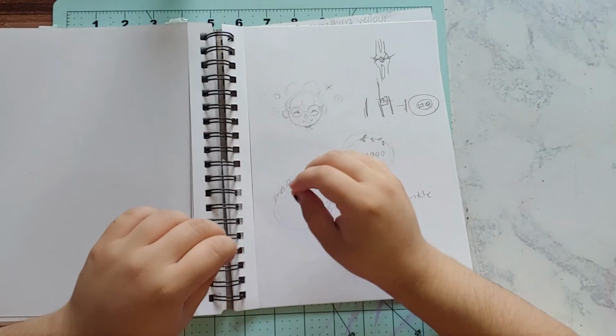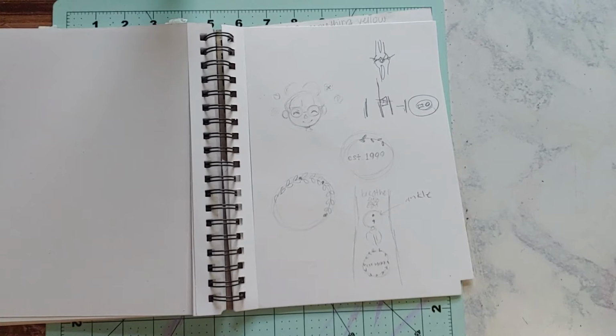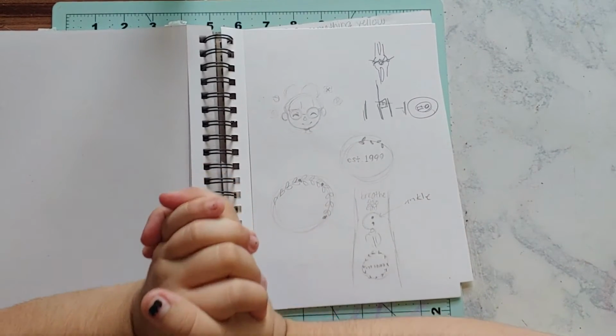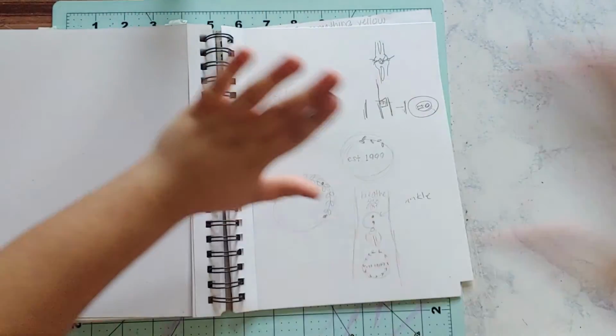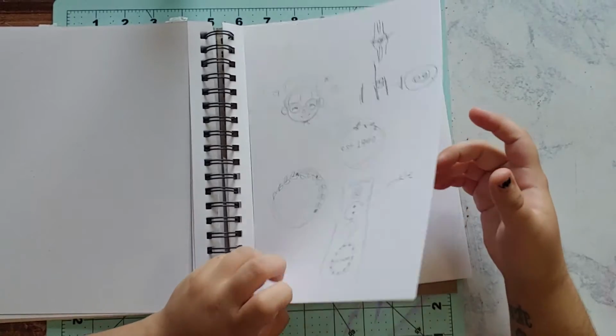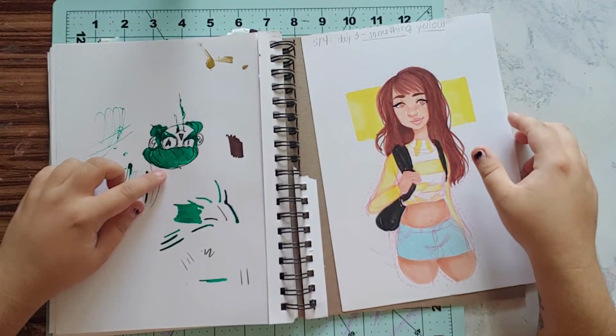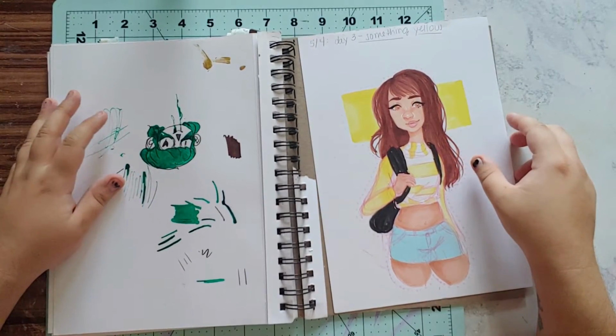Specifically, I want to get an outline of Sasuke and Naruto's hands doing the unison sign on my back or something, maybe on my thigh. I haven't decided where I'm gonna put it yet, but I really want that because y'all know Naruto's super important to me, has been ever since I was a little baby child. So there's some tattoos. This I think is supposed to be from Inktober, so I wanted to